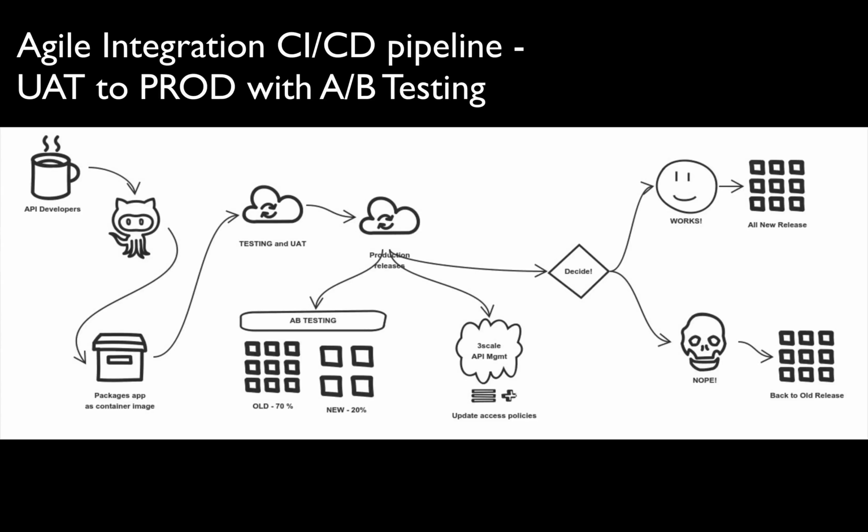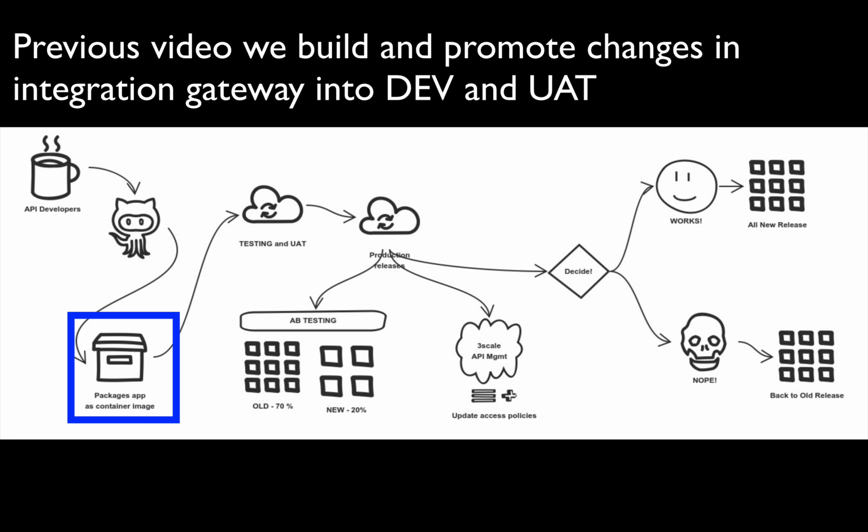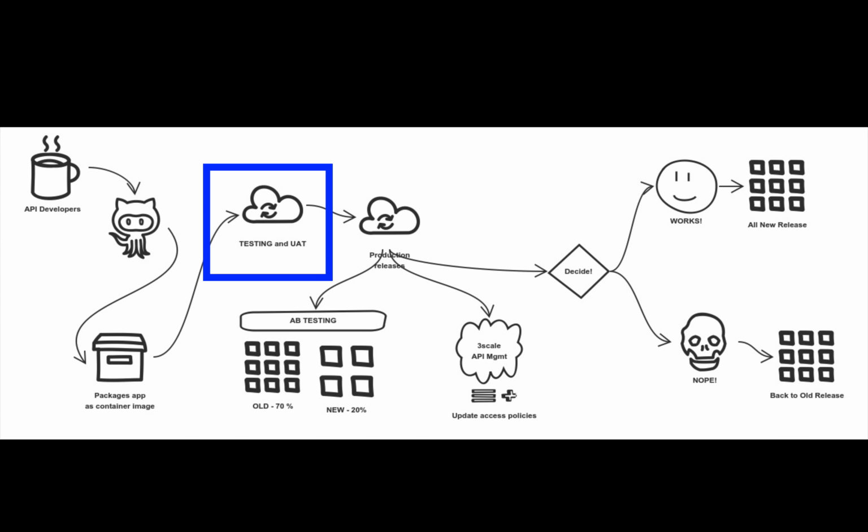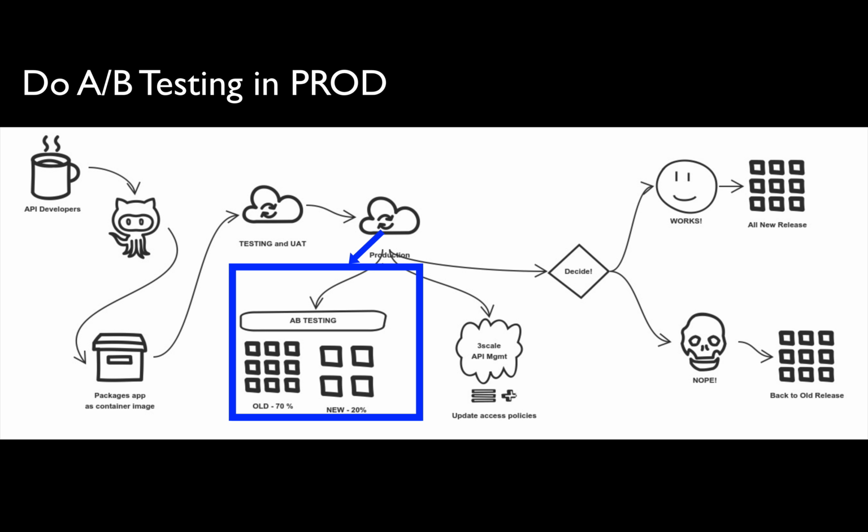From my previous video, I've shown you how to package, build, and deploy your application onto the development environment and then manually promote it onto UAT. So now it's time to promote everything into production, but instead of having a 100% cutover, I wanted to play it safe. So I wanted to have 30% of the traffic going into the new application, the new changed application that I just did, and having the remaining 70% go to the old application,